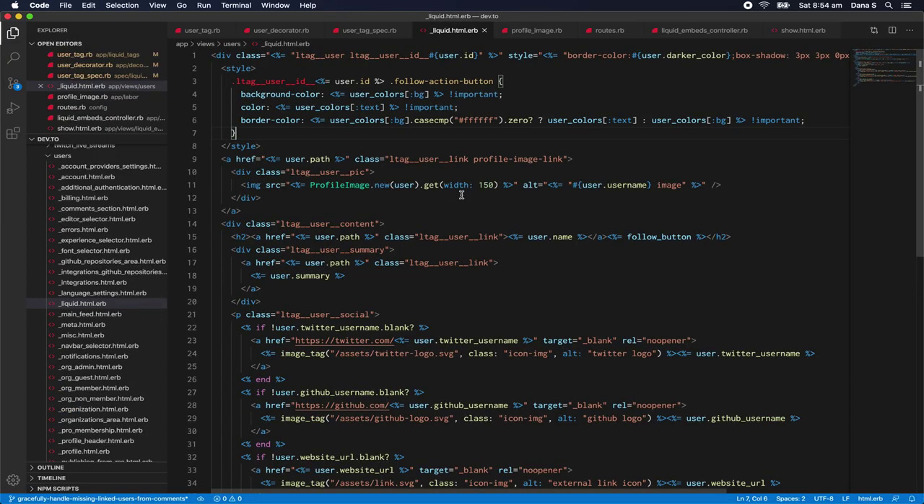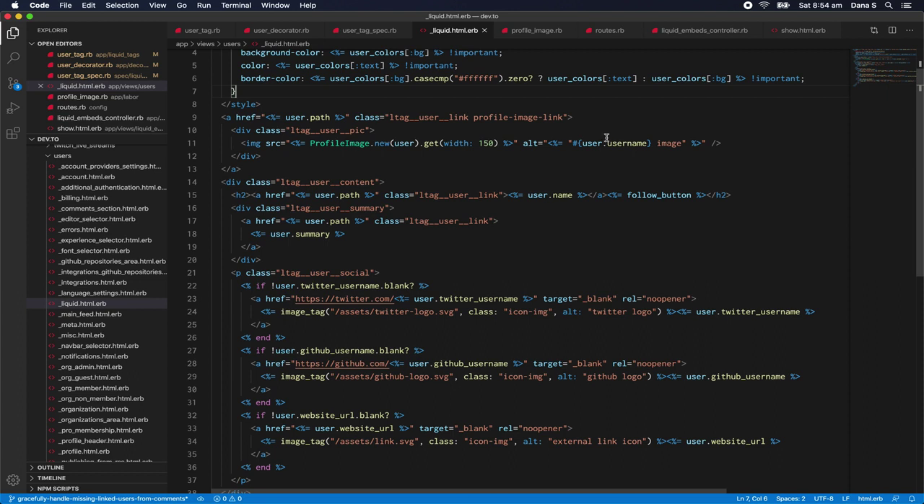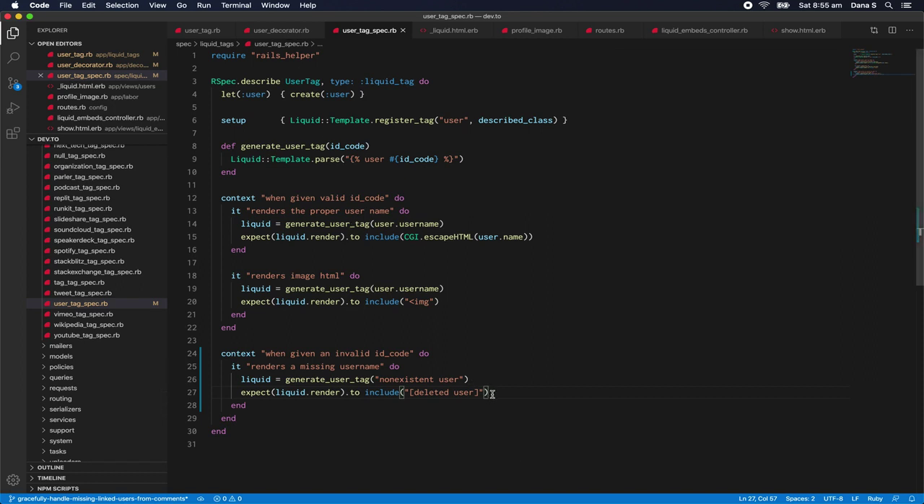As far as what's on the template, or what's in this partial view, we've got the profile image, we've got the user's name, the user's username as the alt text. We've got the user's full name. So probably what we're going to want to do is also give this user a full name of deleted user. And I think what we're going to also do